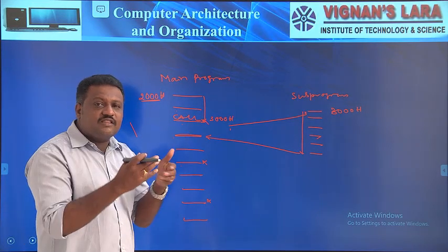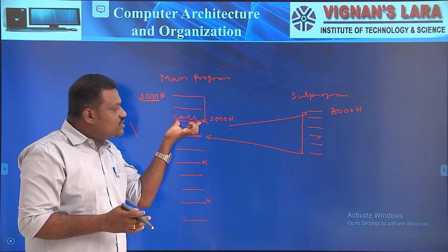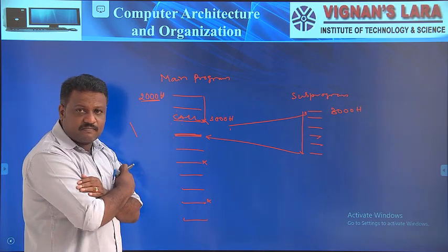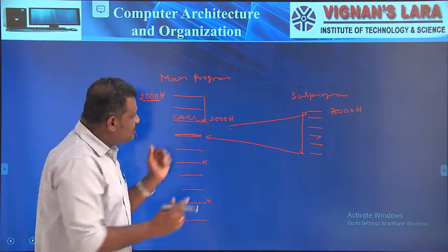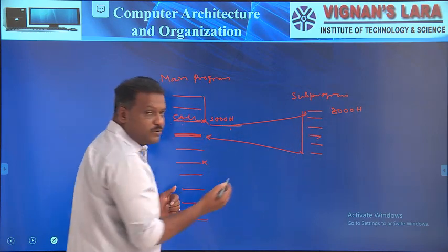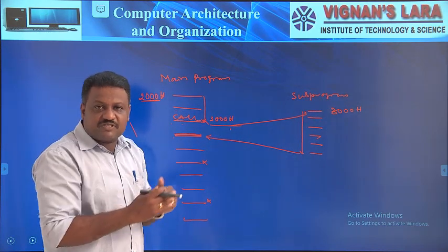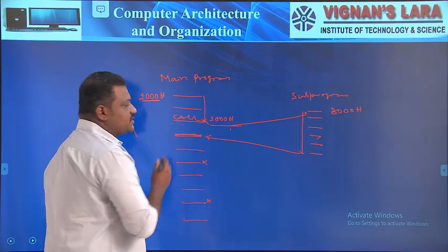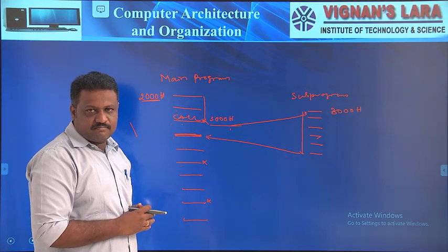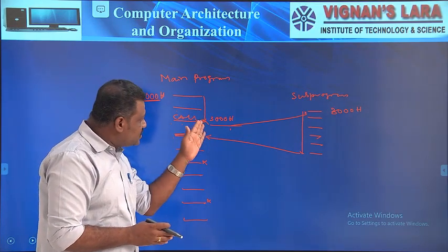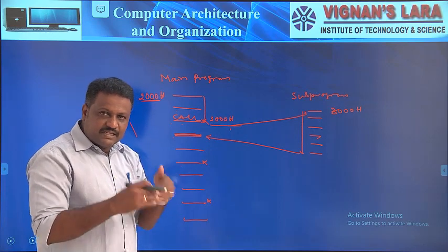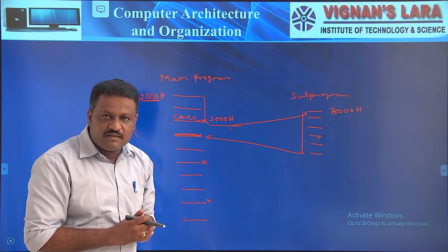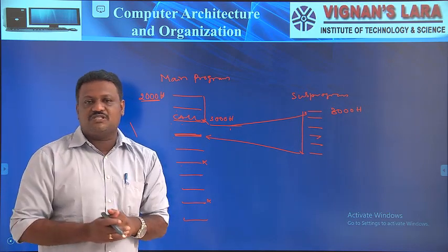This instruction address is nothing but our PC address, because if the processor executes this instruction, at that instant the PC points to this instruction address. So, before shifting our execution from this point to the subprogram, we took the help of a stack. The stack here is used to hold this instruction address. I repeat, before shifting my execution from the main program to the subprogram, the next instruction address in the main program, which is nothing but the content of PC, I simply stored in the stack.